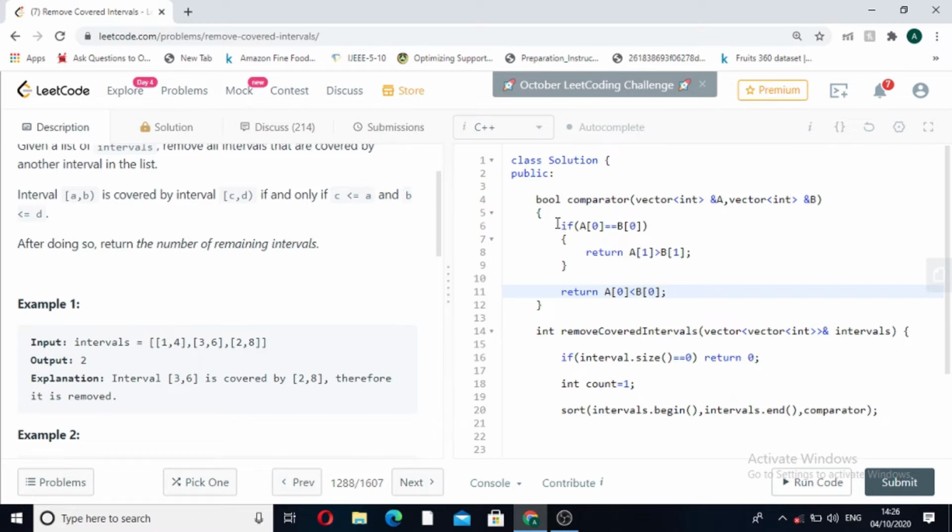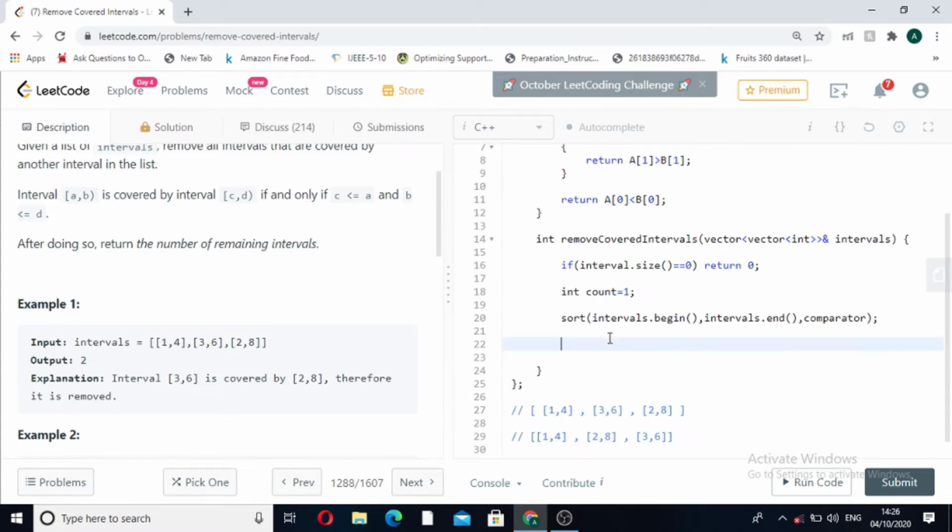So this is our custom comparator. If both the starting points are the same, we sort on the basis of the ending time in descending order, and if the start points are not the same, we sort in ascending order of the start time, that is a0 is less than b0. So this was our custom comparator.